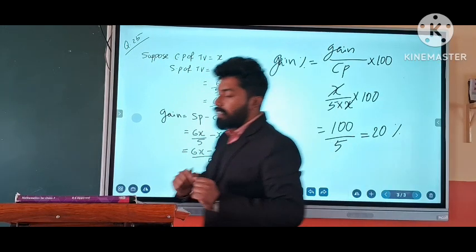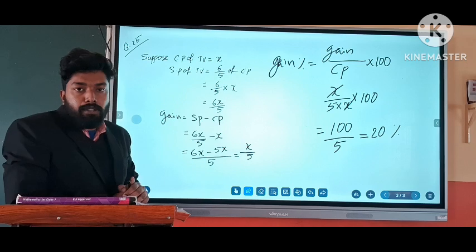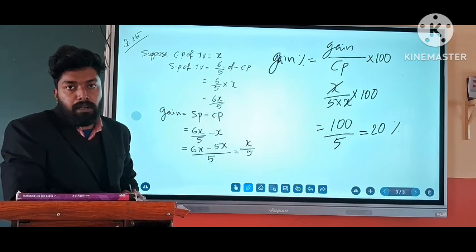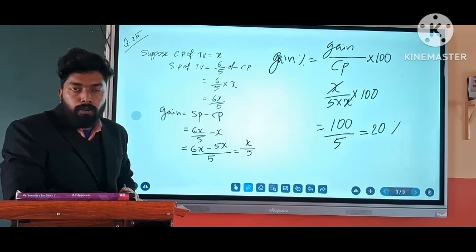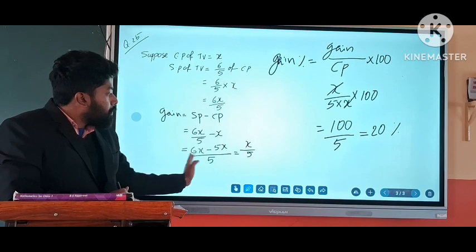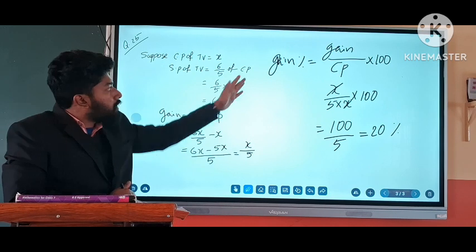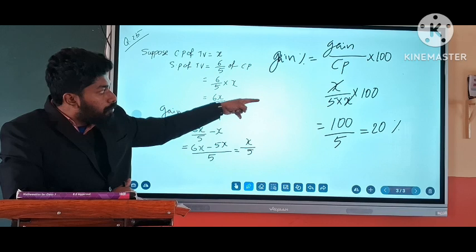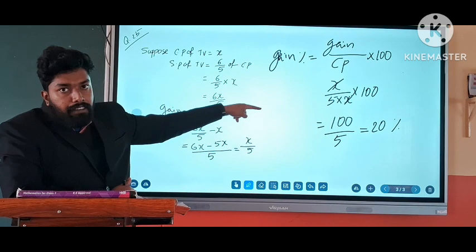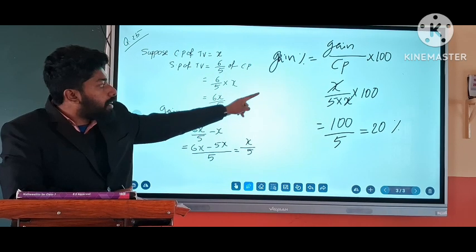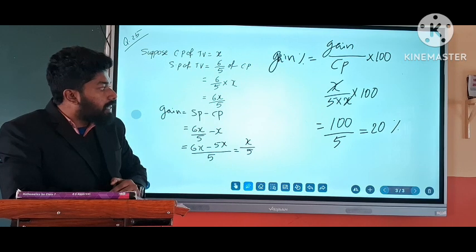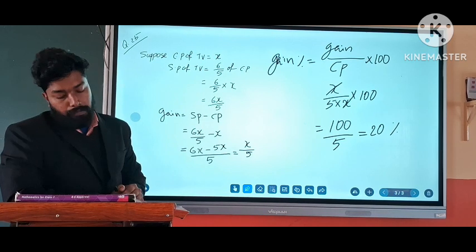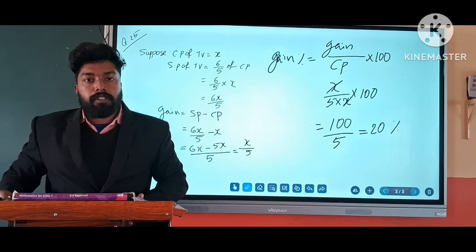Okay. So it is given that the selling price of the TV is 6 by 5 of CP. So CP is equal to x, then SP is equal to 6x upon 5. Now gain is equal to SP minus CP, that is x upon 5. Now gain percentage is equal to gain upon CP into 100, that is x upon 5 divided by x, that will be into 1 upon x, so x upon 5 into 1 upon x into 100, that is equal to 20 percent. Is it clear? Okay.